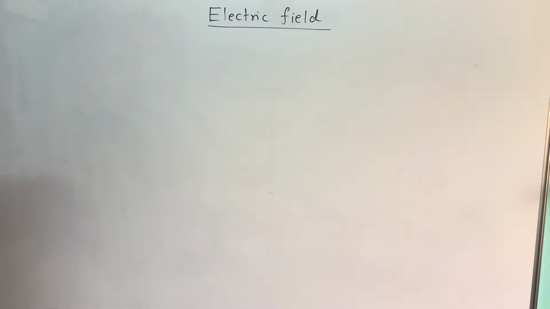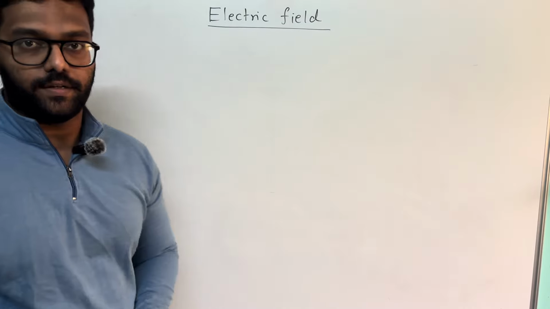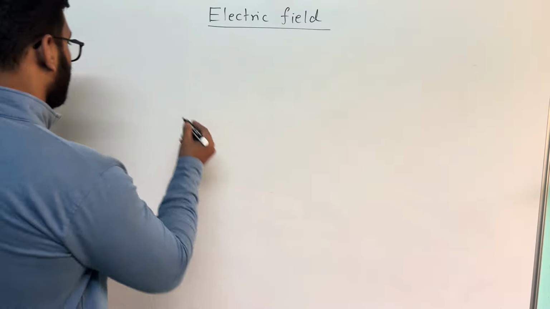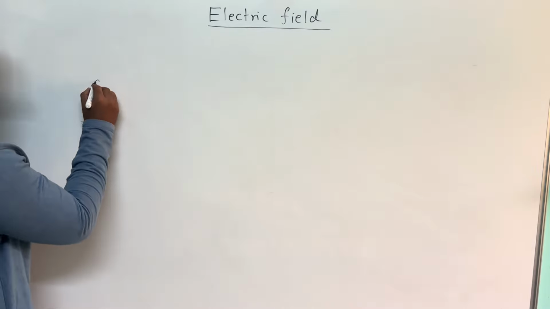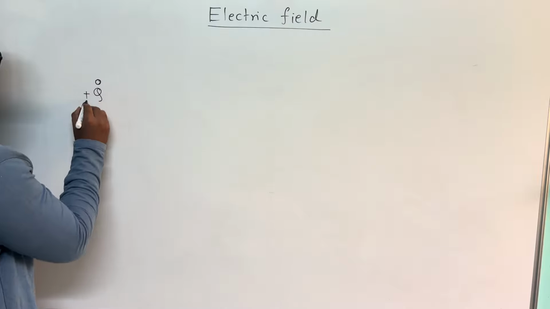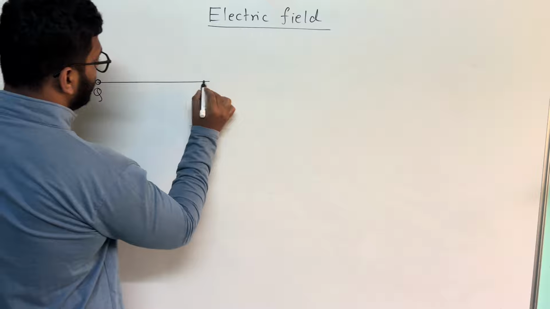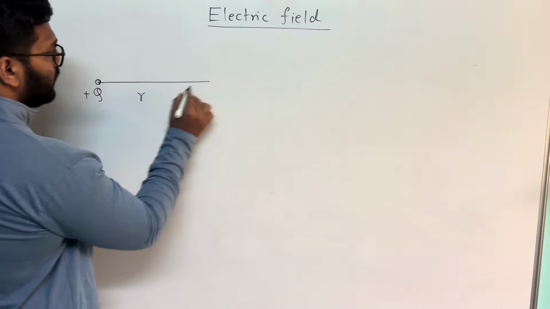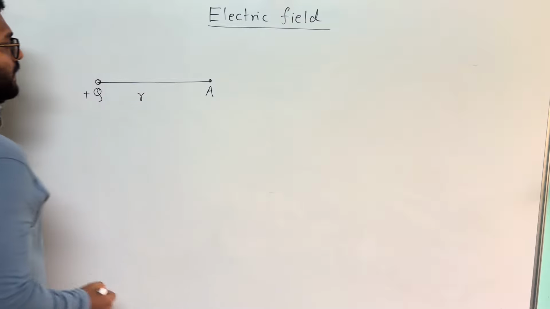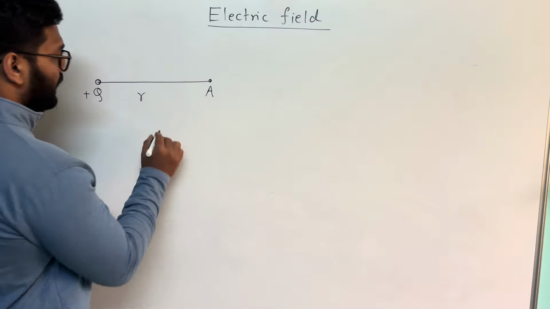In this video we are going to do some questions based on electric field. Before we do the questions on electric field, you should understand that if I have a positive charge Q here, then the electric field due to this charge at a distance r, at this point, let's call it point A, is